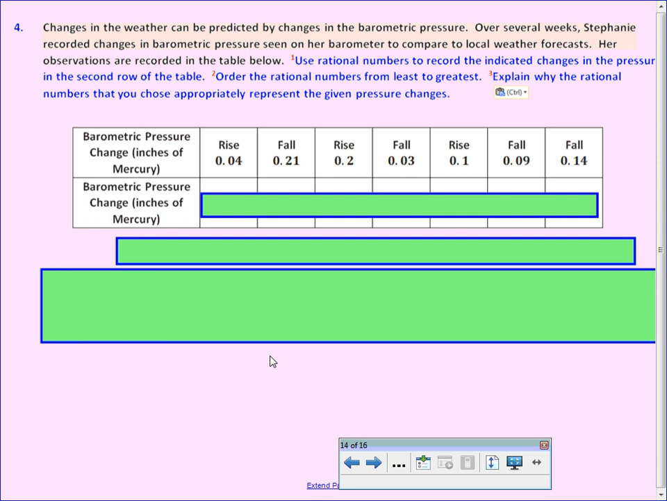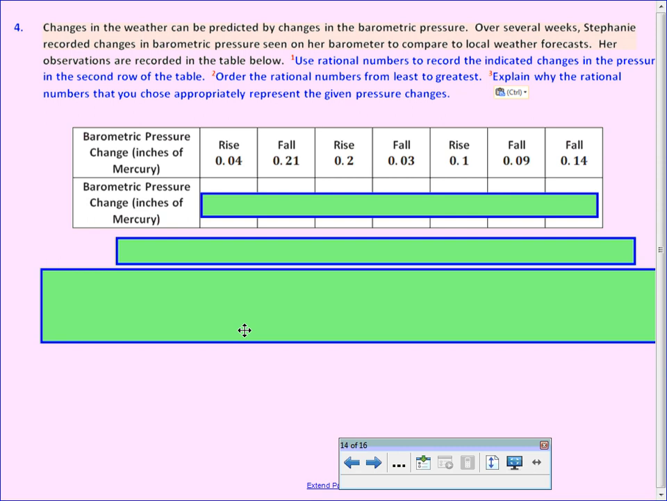And try number 4. Changes in the weather can be predicted by changes in the barometric pressure. You're learning about that now in science. Over several weeks, Stephanie recorded changes in barometric pressure shown on her barometer to compare local weather forecasts. Her observations are in the chart below. So rise. That word rise, what kind of a change does rise indicate? Positive or negative? Positive. Fall would be,